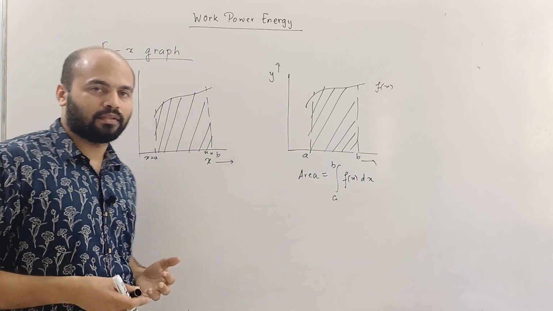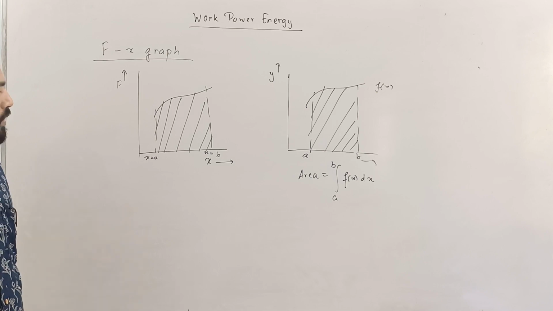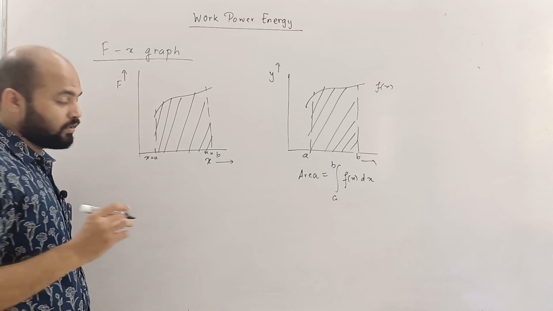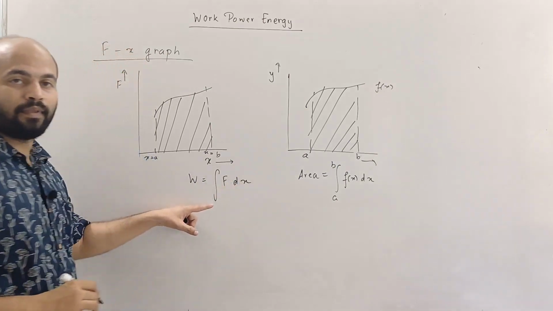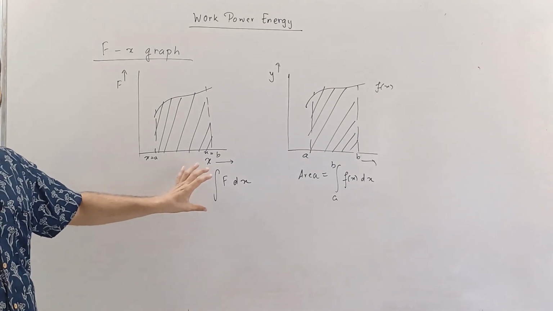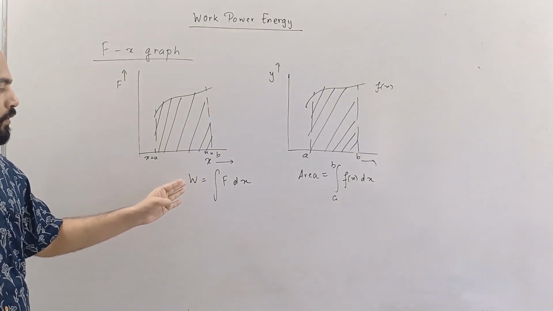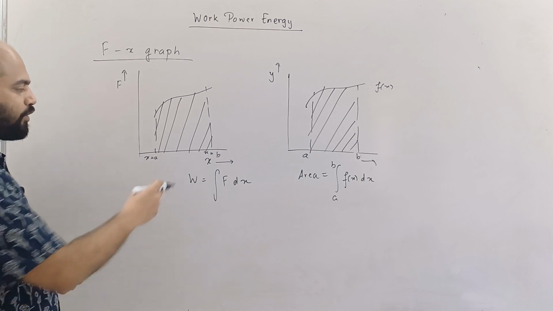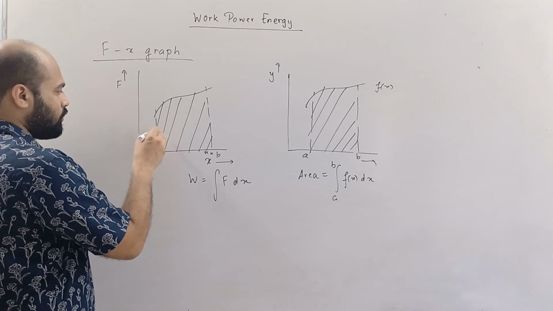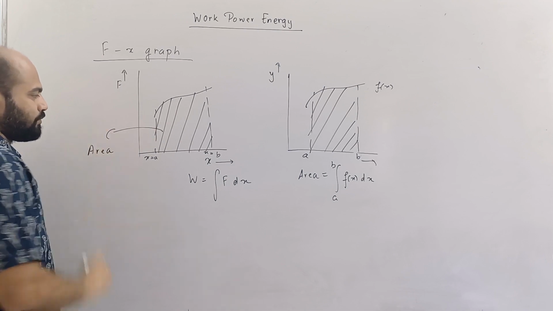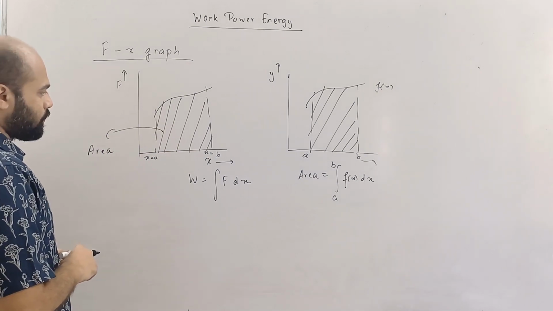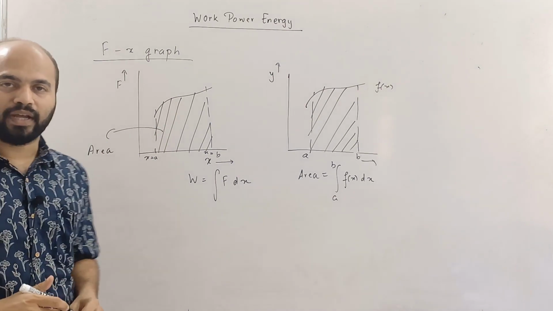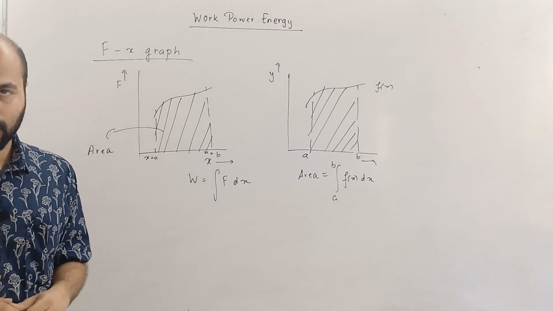Now we are looking at the reverse process of this. We have already seen that work done is nothing but force into displacement. That means the integral of F dot dx is work done. So this and this are the same. When we talk about this expression, we are actually talking about the area under the F-x curve. Simply put, if you find the area under the F-x curve, what we'll get is work done. So you can be given such a graph and be asked to find the work done on an object. Let's take some example.